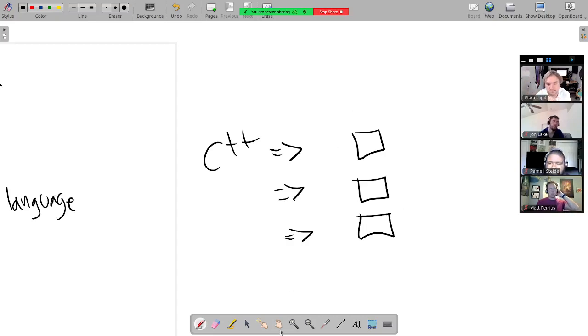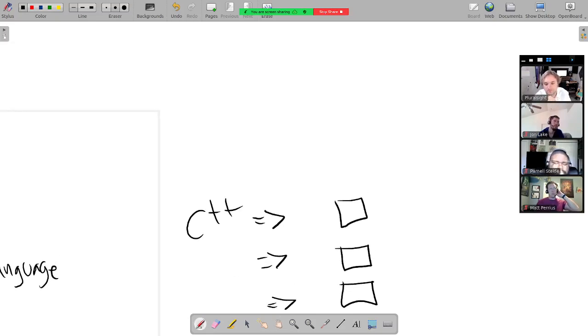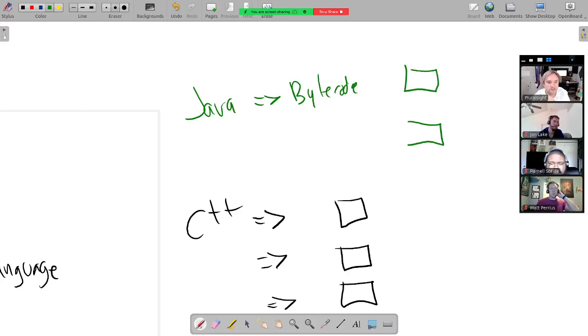That sort of sucks. So with Java, we have an in-between thing. We compile to the bytecode, and then each of those has the JVM on them, and the JVM can run Java bytecode.